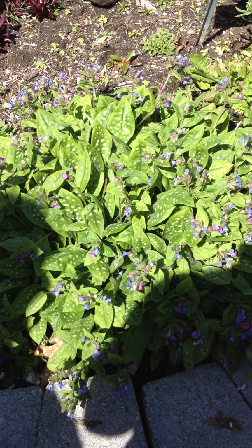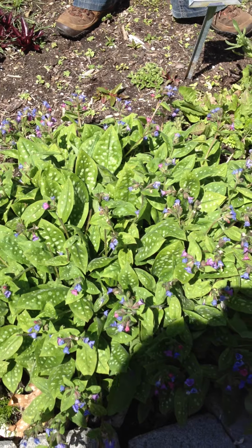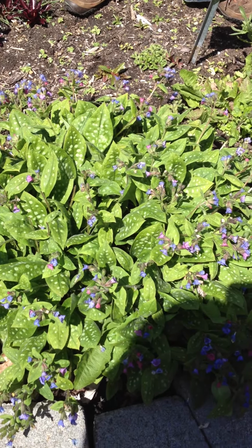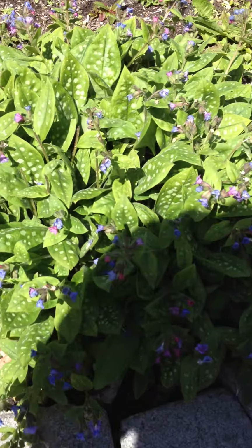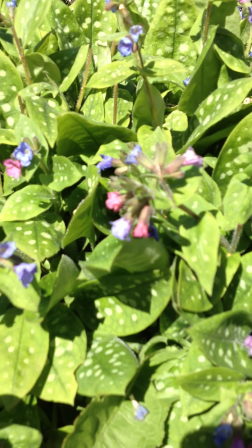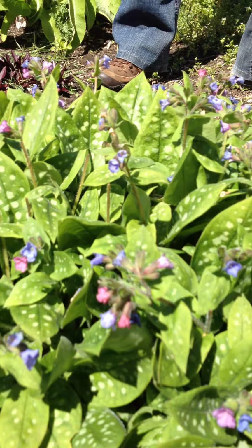You know, when you're planting a garden, it's important to think about your pollinators because you're so dependent on them. We are so dependent on them for seed production and just perpetuation of the species, basically. And so it's smart to think about having plants that bloom the whole season. So we like lungwort because it brings the bees here early, before everything else has started to wake